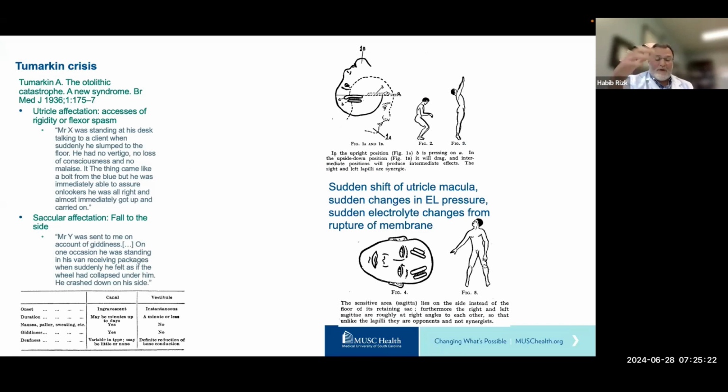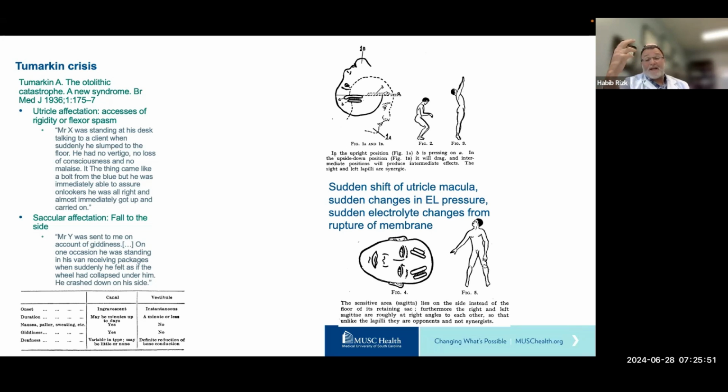We cannot talk about Meniere's disease without mentioning the Tumarkin crises or the drop attacks. And I encourage everybody to read the first description of it in this 1936 case report by Dr. Tumarkin, the British physician who described it, because the way he describes the clinical presentation kind of gets seared in your mind, and you will know how to ask your patients when they are saying that they're having a drop attack, and you figure out and differentiate this from a vagal reaction.